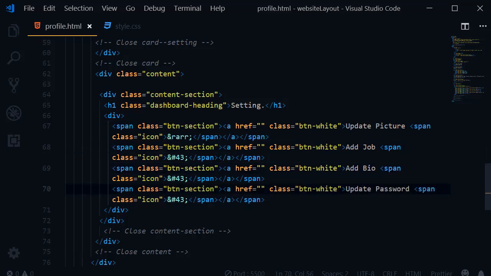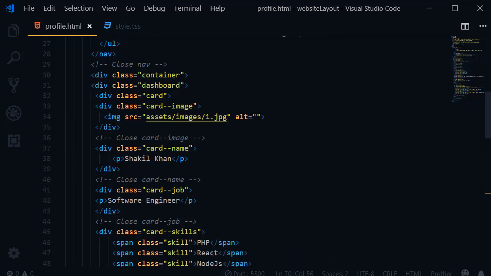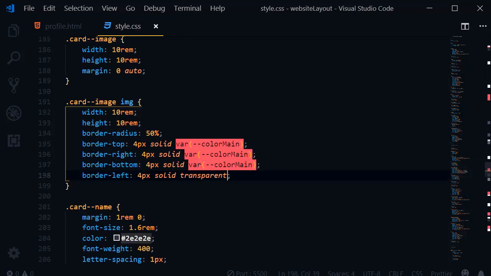Okay, and now we actually have the card image class. So now in the CSS, go to card image, basically this class. Inside the card image we have img. Now instead of transparent, I'm going to add silver,